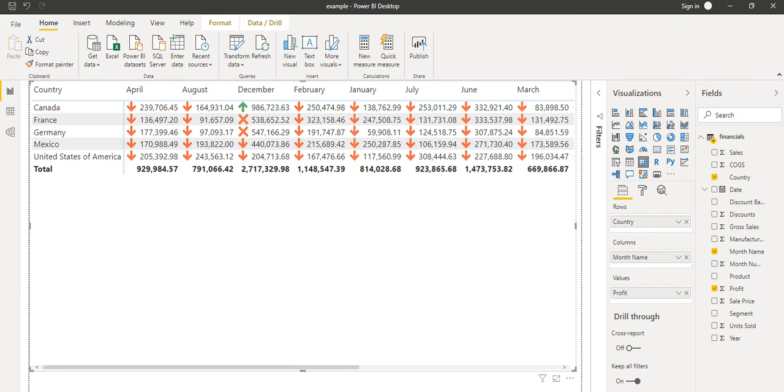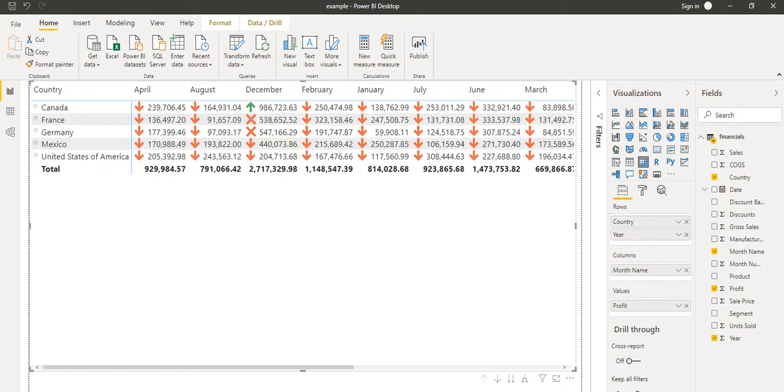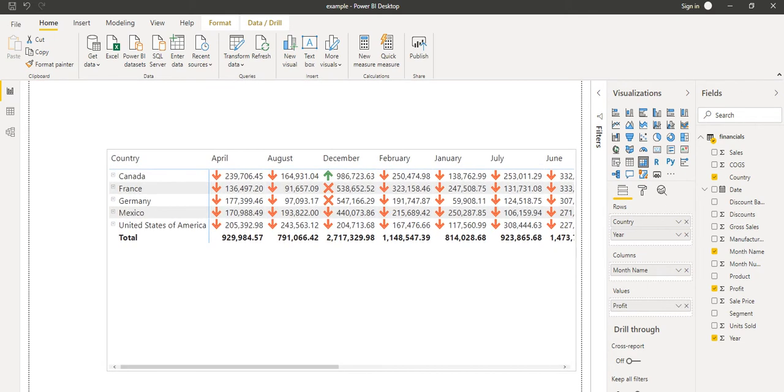In the row, I will take one more field, and that field is year. Just drag and drop. Once I drag and drop the year, we can see one plus sign here. Let's fit it to the side, so we can see more options given by the matrix when we use the hierarchy.